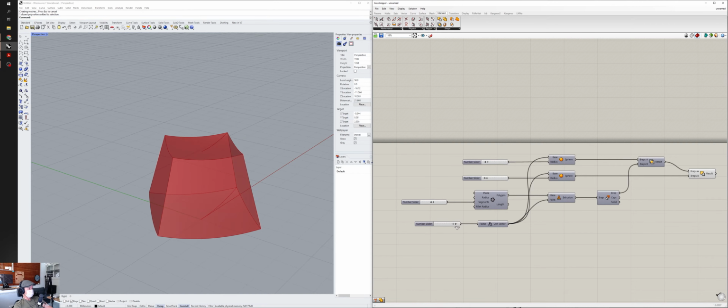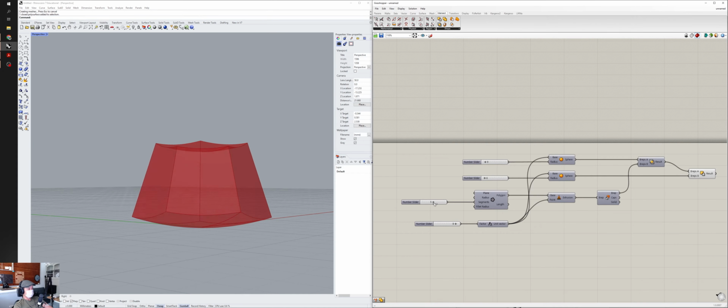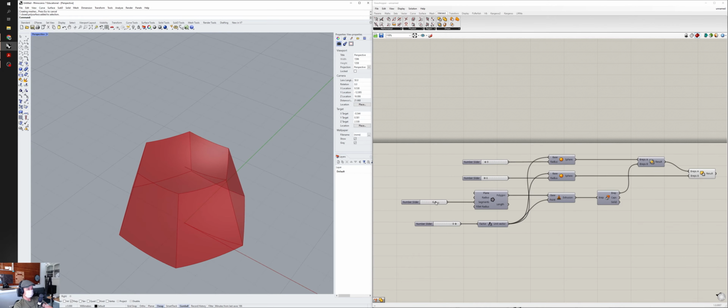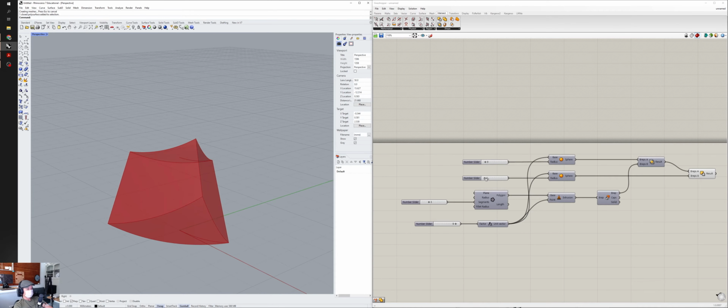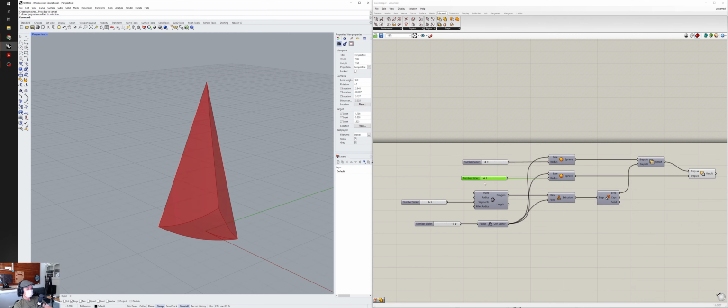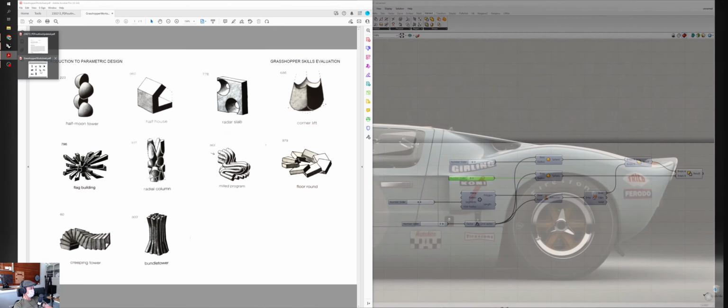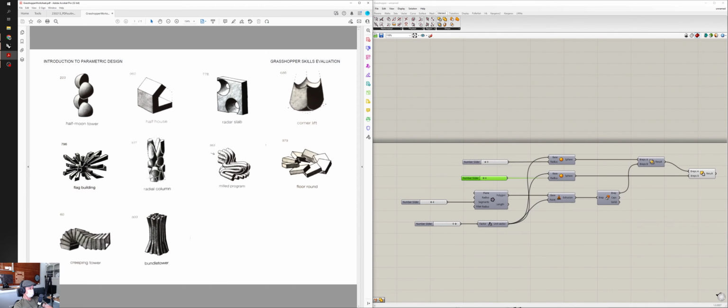So you can see if I start to adjust some of these parameters, whether it's a square or it's a pyramid or whatever shape it is, it still basically follows the rules that are interesting to me, right? And the logic that's kind of inherent in this geometry, right? So in a way,